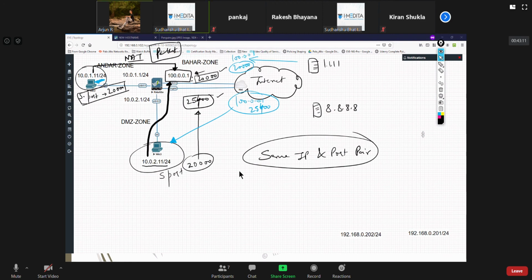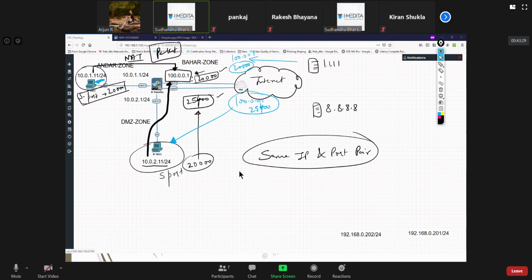Even in our scenario, my home router 192.168.0.1 is also doing PAT for Win2 and Win3 to go out.